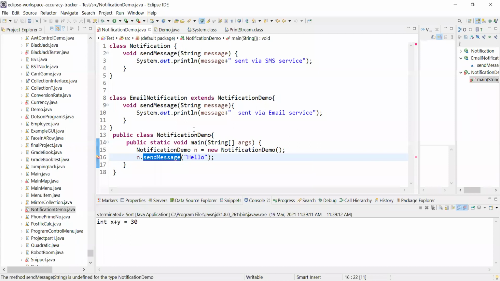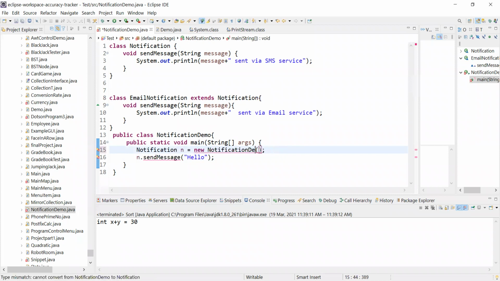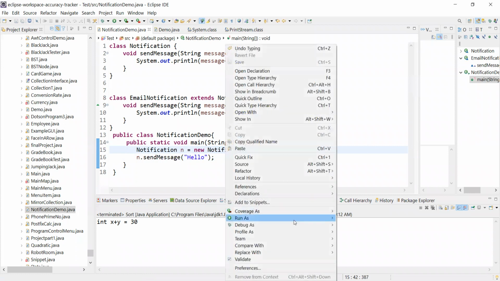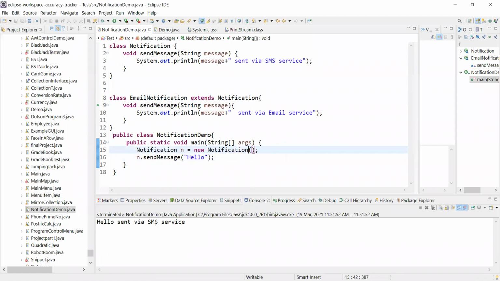Undefined for notification demo. Let me check what is wrong. Oh, sorry, it should be notification here, and notification here and here as well. Okay, now we will be able to get the option Run as, hello sent via SMS service.